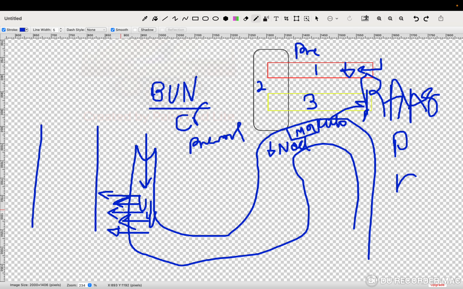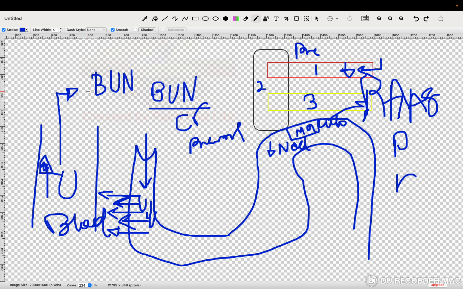So let's reabsorb it. You are taking urea from the tubule here and you are moving it to the blood. This is the blood. When you have more urea in the blood, what is going to happen to the level of urea inside of your blood? It's going to be high. When your urea inside of the blood is high, this is going to increase something we call BUN. So simply, BUN is proportionally related to the amount of urea inside of your body. So your BUN is going to be much higher than usual.